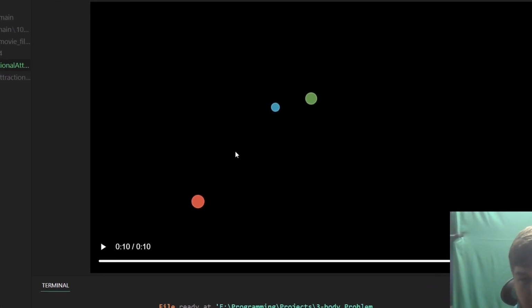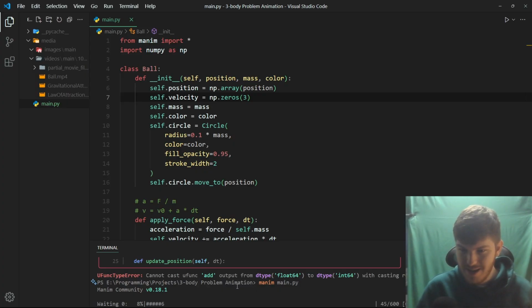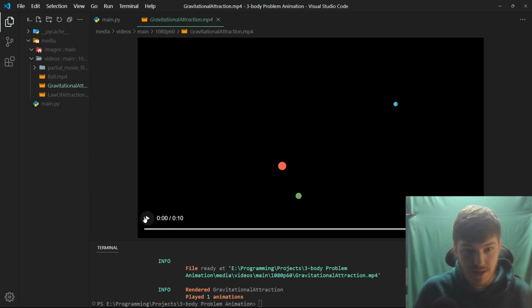They don't seem to be moving. Okay, something's rendering again. I'm curious what's going on. It's even going to take longer, so maybe I have some high expectations. Gravitational attraction. I really want to be hallucinating them moving. I just want to